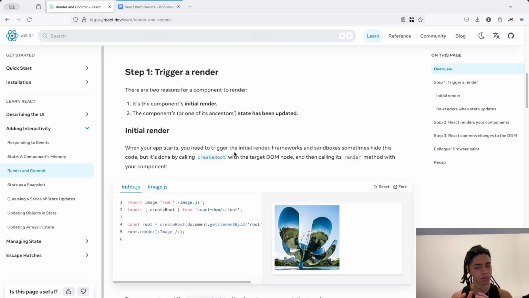That's quite interesting, and this is something that we're going to touch on later. But once I did this,